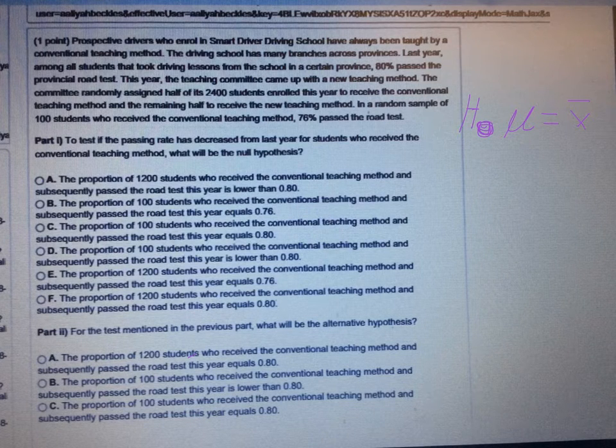And so when you're looking at your 6 choices for your answer, you can go through and eliminate anything that doesn't use the word equal, so lower than and things like that. So you're going to be able to eliminate A and D from your answers, and you have the other 4